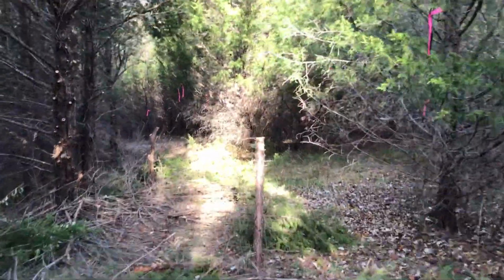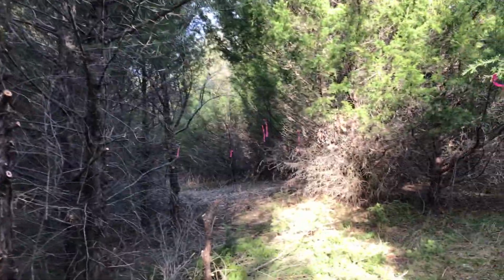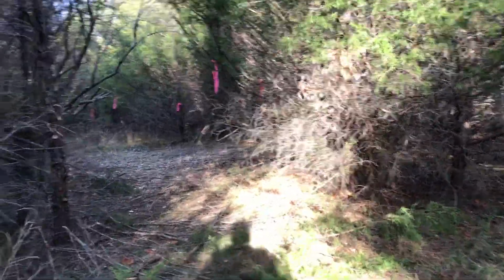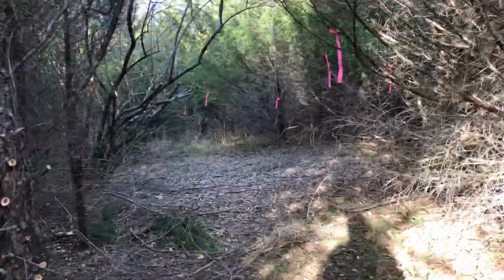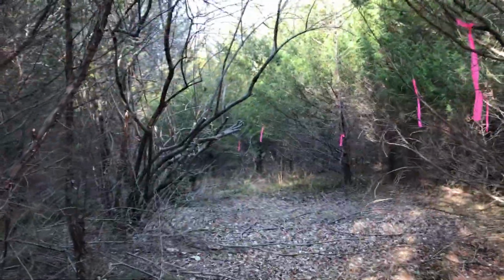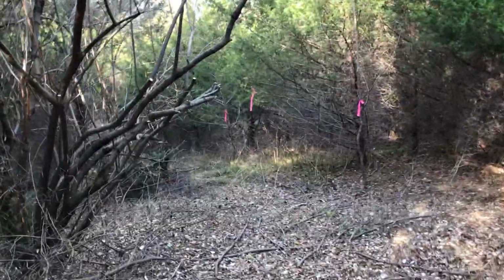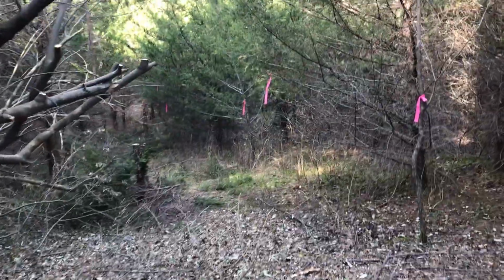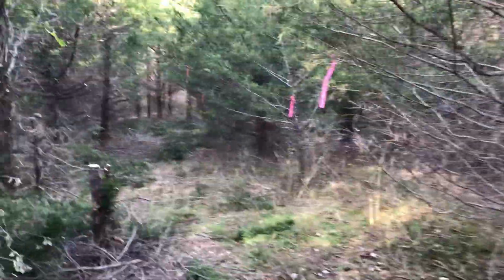As we go down the trail, there was no trail here when I first bought the property. I had to make a little footpath, which I'll show you coming up. And it took me a couple hours just to get into the property. It was so thick. You can see